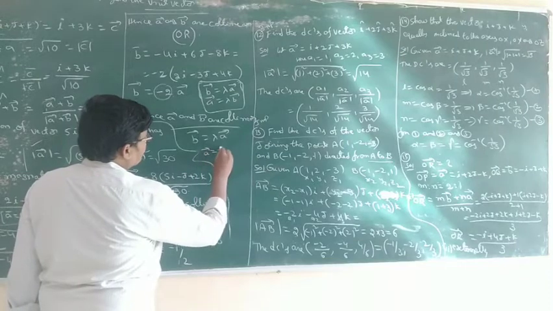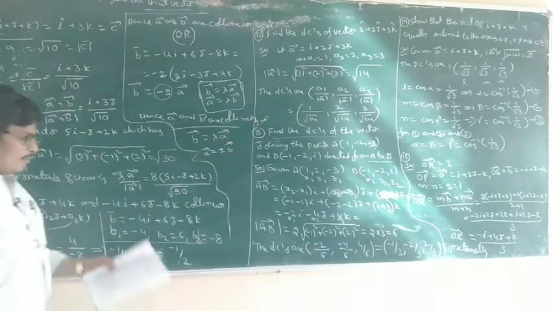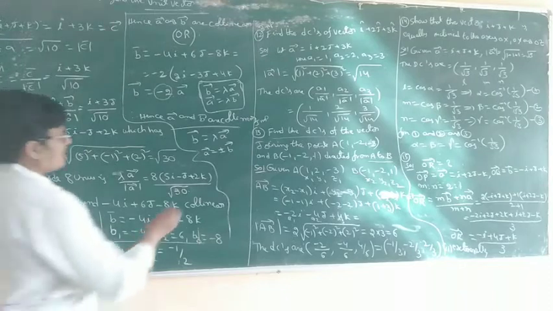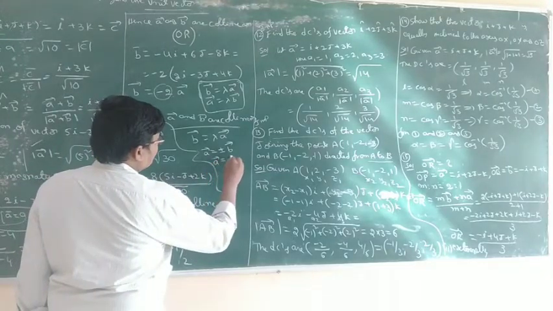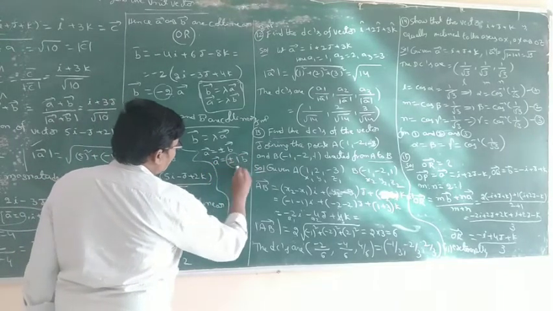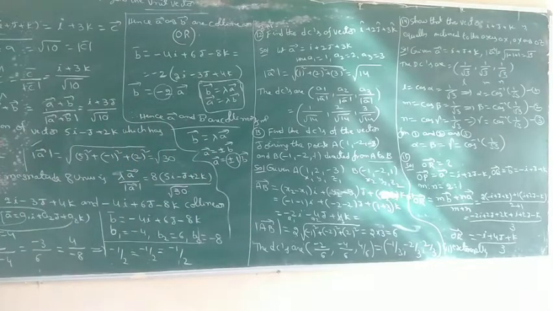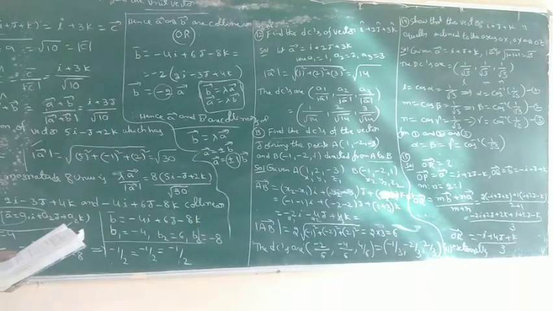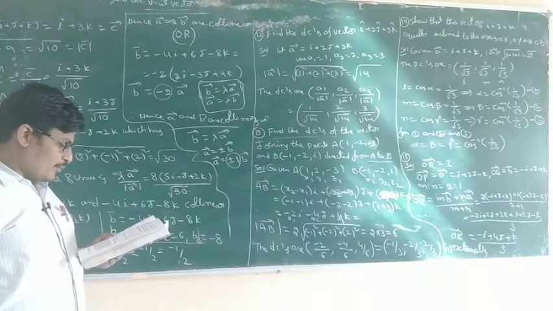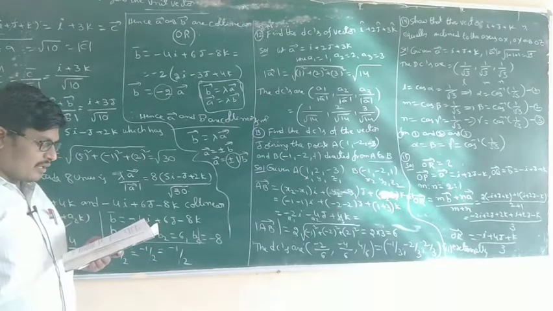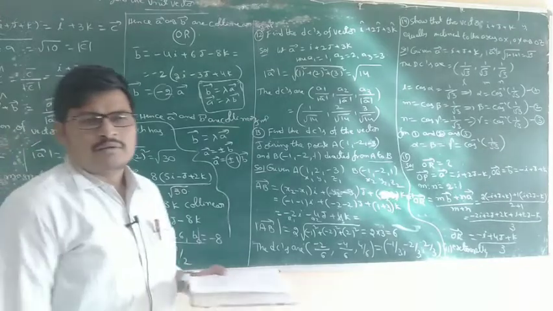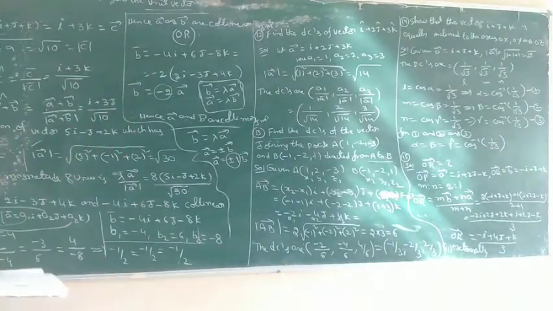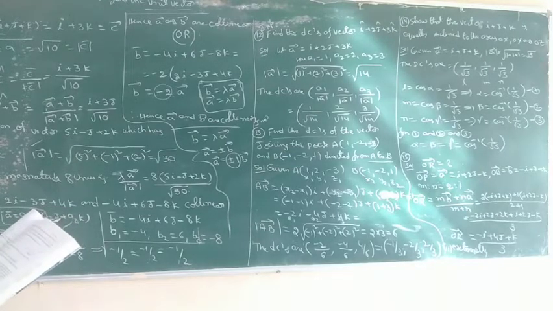Next, the second one: A bar is equal to plus or minus B bar. A bar is equal to plus or minus 1 into B bar. So plus or minus 1 is lambda. So these two vectors are also collinear. The first one is correct, the second one is also correct. But what will they ask? The incorrect statement. The respective components of A bar and B bar are not proportional. That is the incorrect one, since collinear vectors have proportional components. Both vectors A bar and B bar have the same direction but different magnitude.